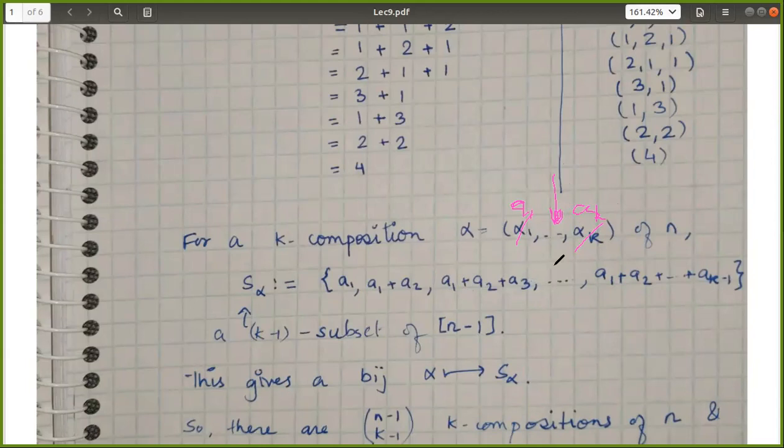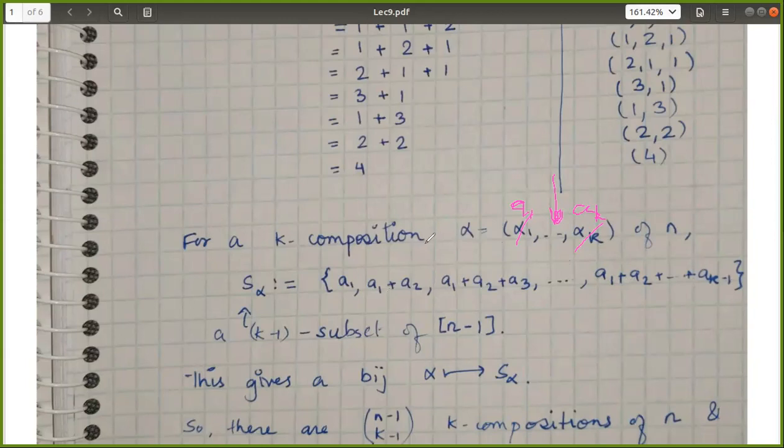But as soon as you hit the summation a1 plus a2 plus a3 and so on till a_p, that number would be different for alpha and alpha prime, because a_p and a_p prime are different. Is that right? And since you keep on adding more and more numbers, you can never get the same number back,